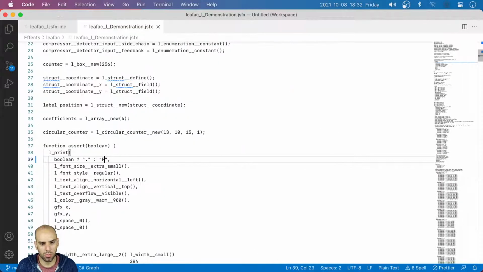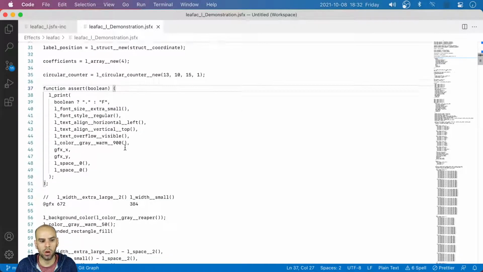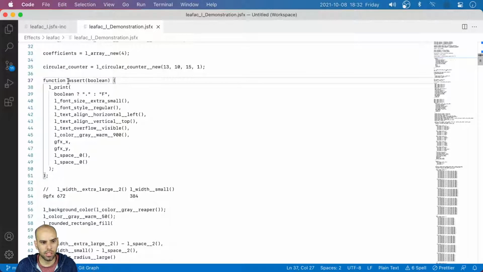Let's move on to maybe extracting this. Let's see if it makes sense to extract this into our library. So what this is doing is just, it's receiving the condition that you want to test, and it's printing either a dot or an F. And I think that most of these,